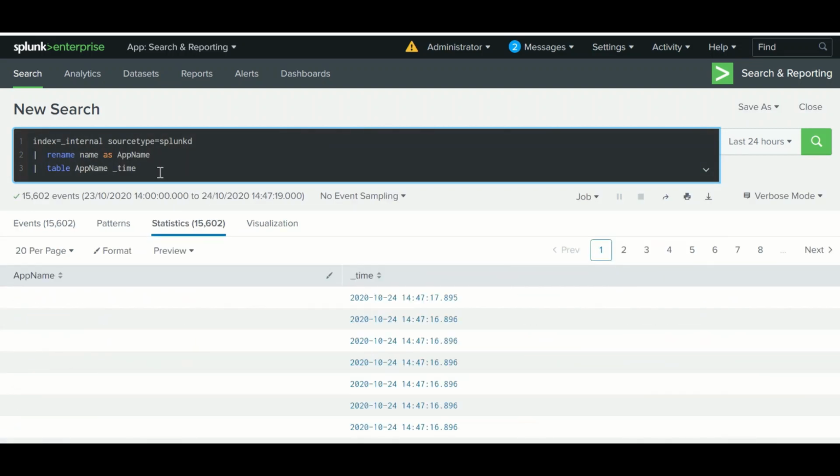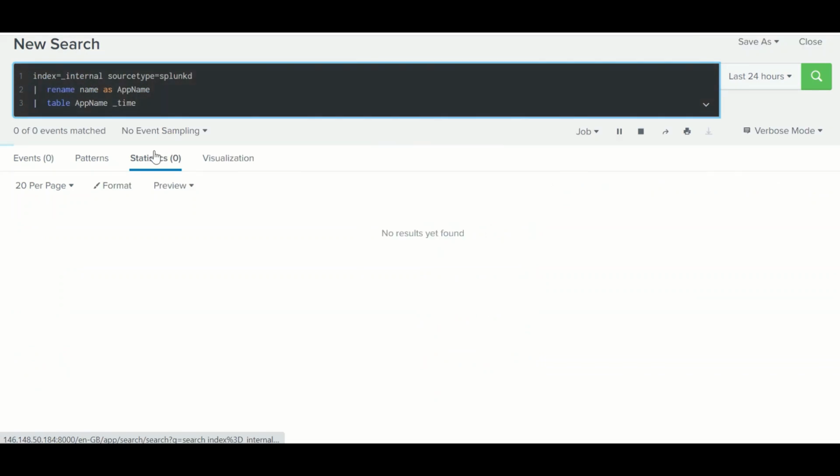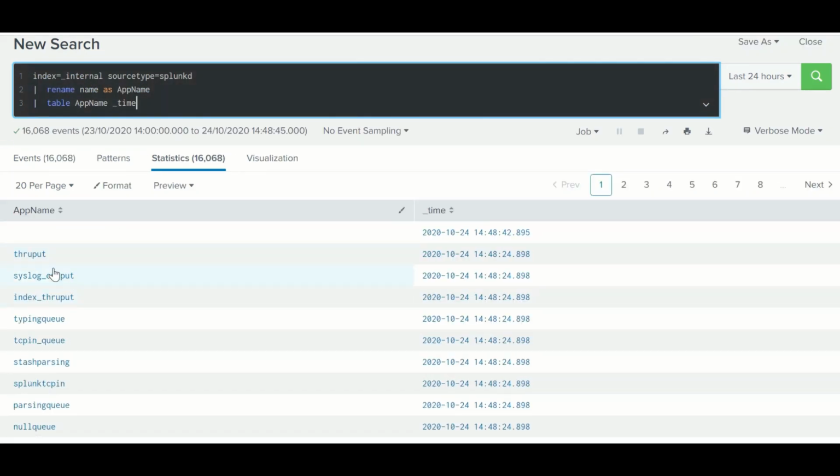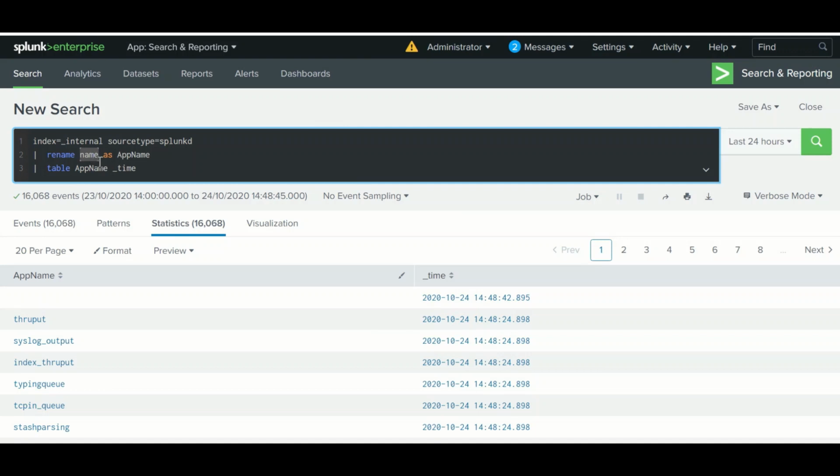Maybe it takes some time to display. When I run it again, it is giving the new name of the field, as you can see here. If you do not have a space in the name, you can write it without double quotes.